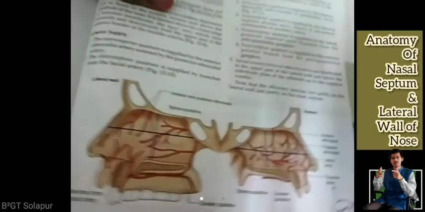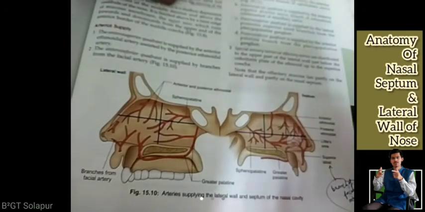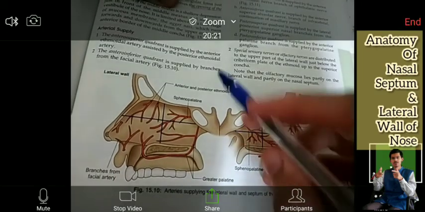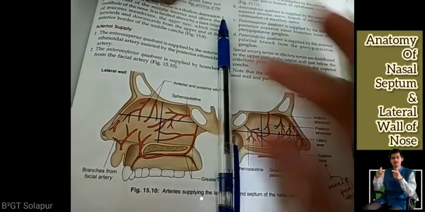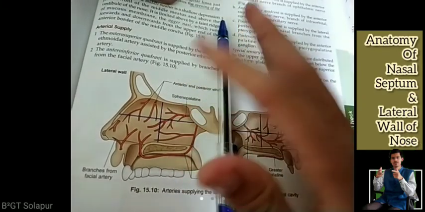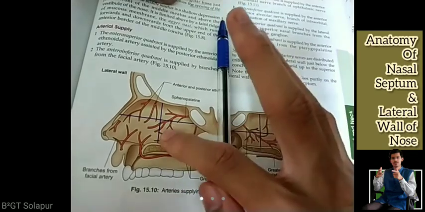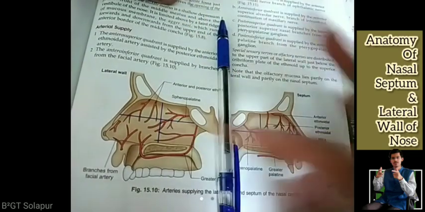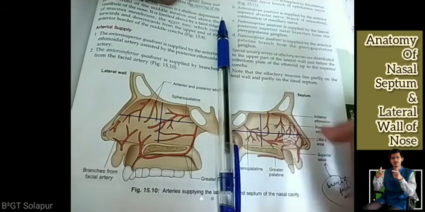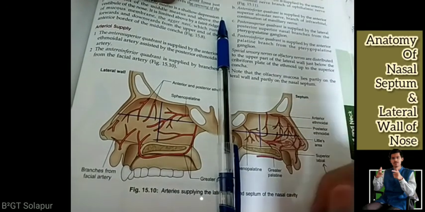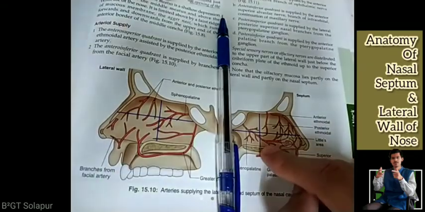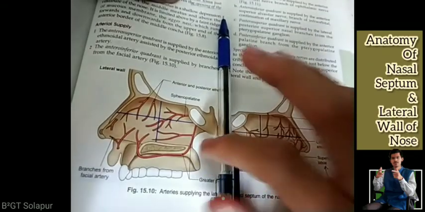You need to understand this very conceptually. See, this is one diagram, this is another diagram. This is lateral wall of the nose. क्योंकि इधर दांत दिख रहे हैं. This is the nasal septum of the nose. क्योंकि यहाँ पे दांत नहीं दिख रहे. बीच में दांत रहते क्या तुम्हारे बकल कैविटी के? नहीं, दांत आजू बाजू में रहते.